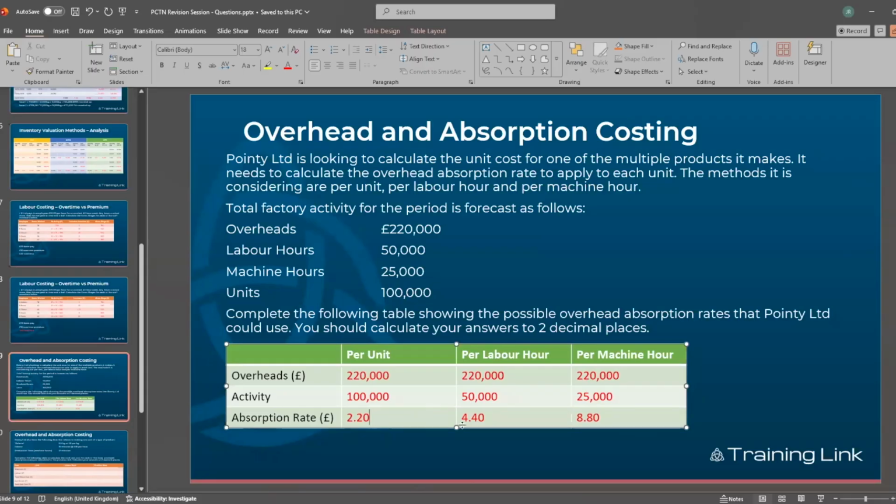So any questions on anything so far up to this point? Does it make sense how we've got our absorption rate here for each method, and how we've calculated that? Oh, good, brilliant. Yeah, excellent,